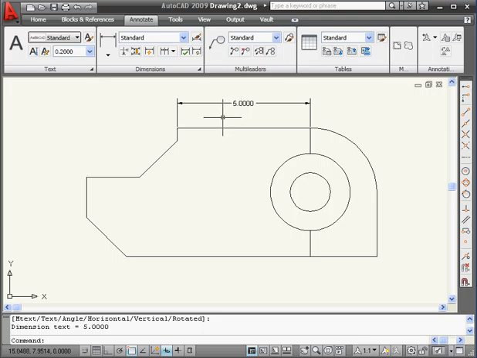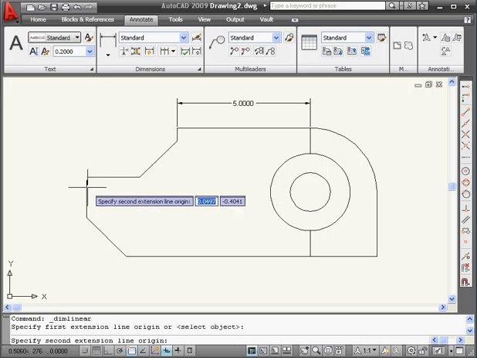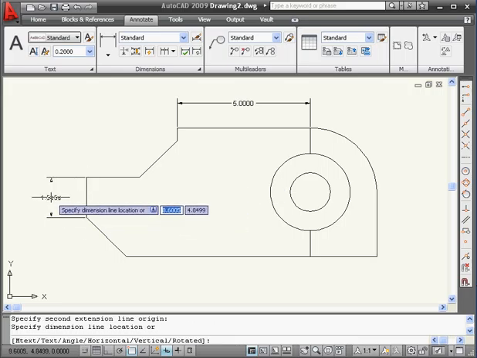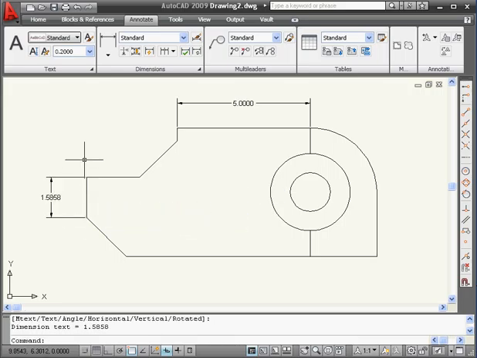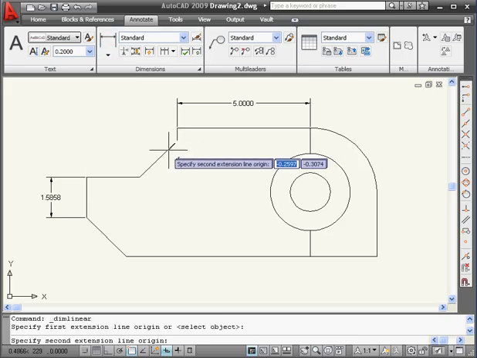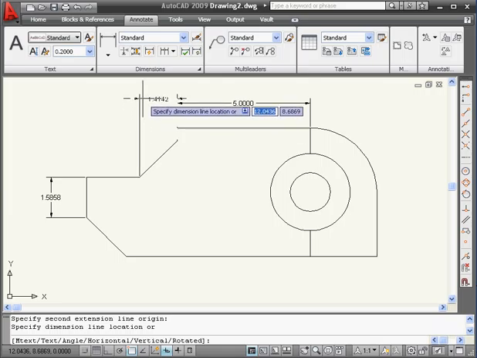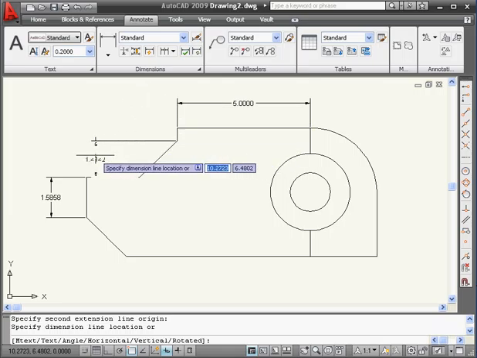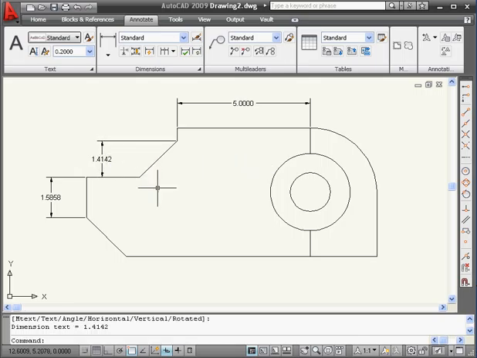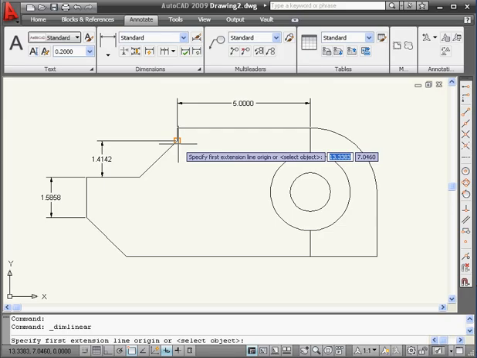This type of dimension is called a linear dimension. Let's select it again. Select this point, and here is our second dimension. Let's select linear dimension again. We'll select this point, and click somewhere outside. When I move the mouse up, I see the horizontal dimension. When I move the mouse sideways, I see the vertical dimension. Let's click somewhere here. Let's put another dimension here, using the same points,